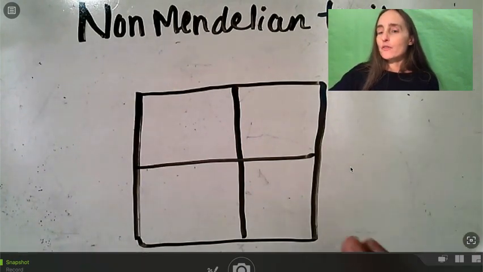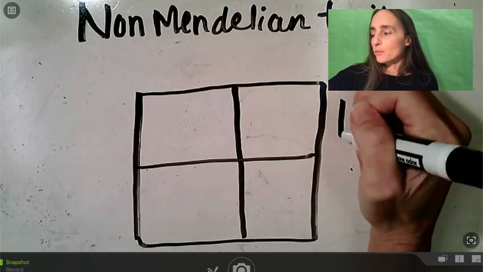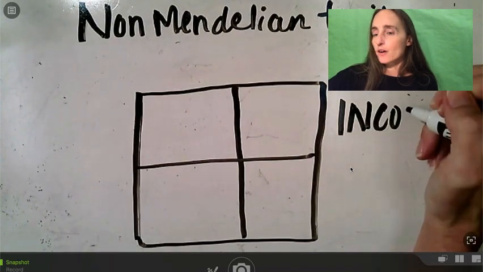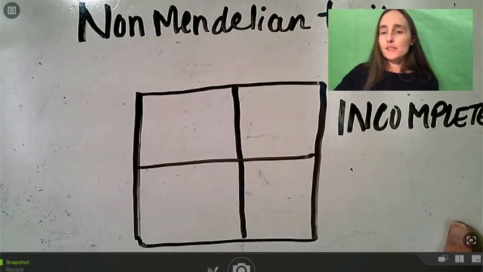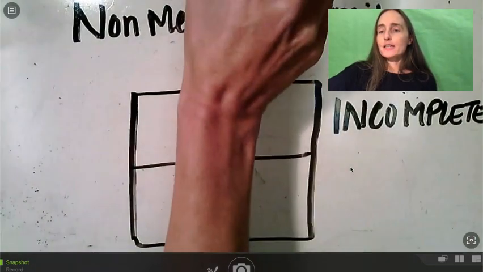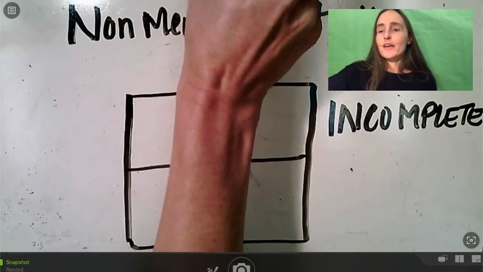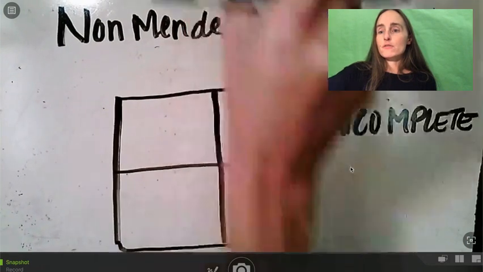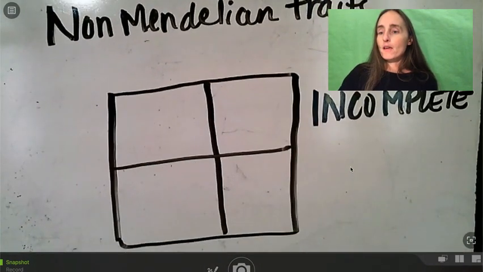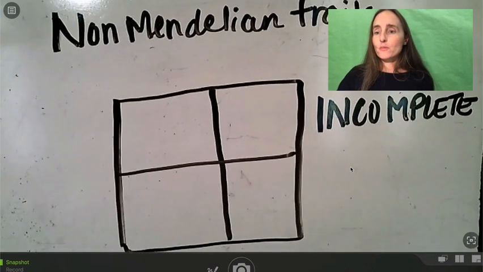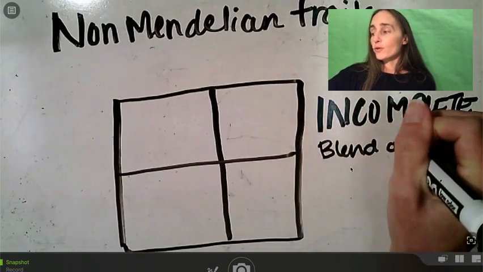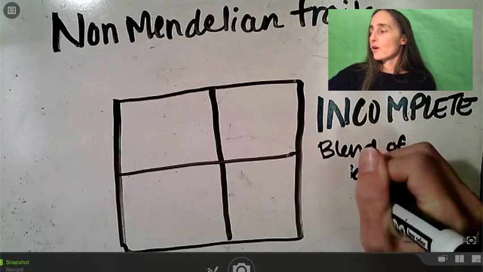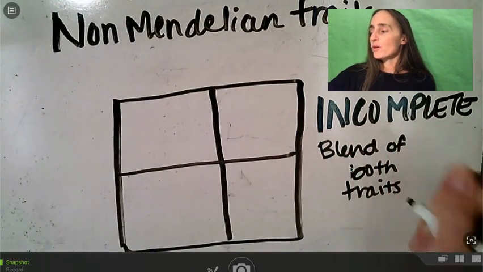The first example we're doing is called incomplete dominance. In incomplete dominance, you're seeing a blend of both traits together. That's interesting. Okay, I cannot get this straight and it's really bothering me. So this is a blend of both traits. In our example of red and blue,